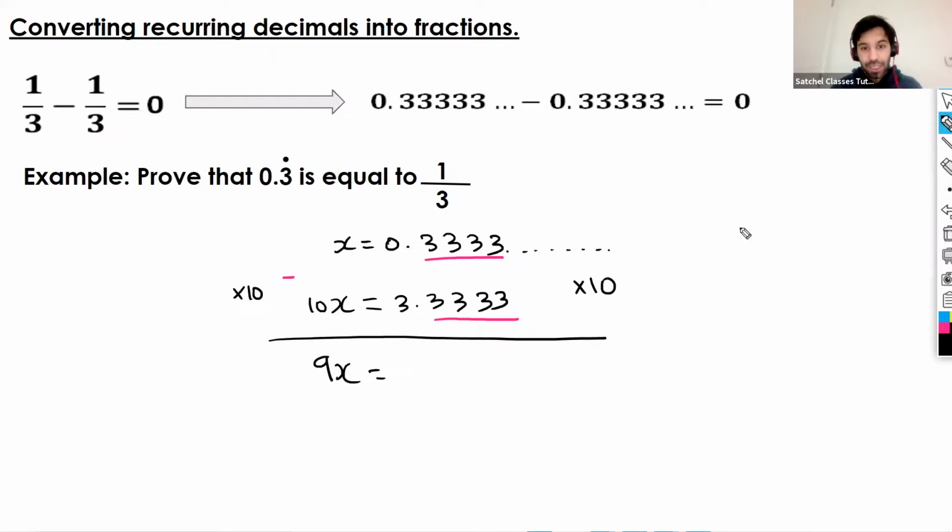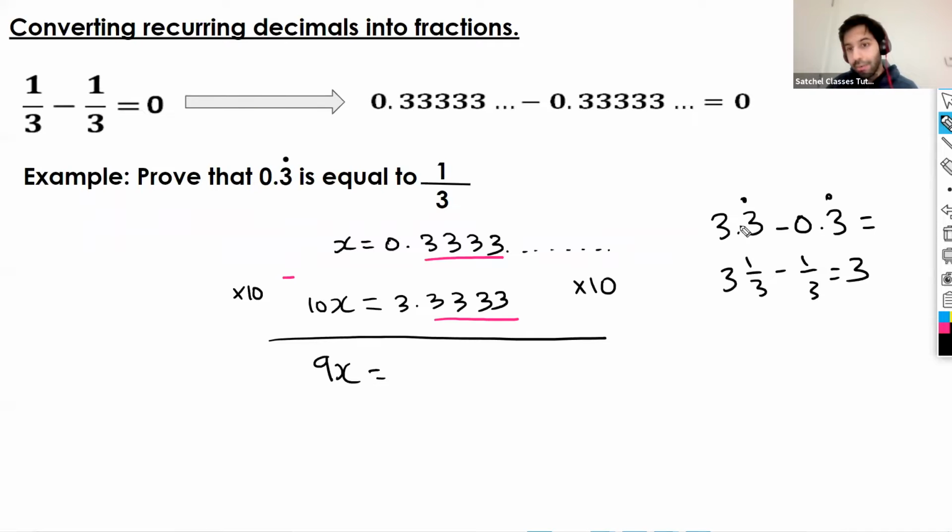So this is the same as saying 3.3 recurring take away 0.3 recurring, or 3 1/3 take away 1/3. So a third take away a third is 0. So what we'll be left with is 3, and likewise here, 3 recurrent take away 3 recurrent is going to leave us with 0. So our answer is going to be 3. So 3.333 recurrent take away 0.333 is going to be 3. Now to solve for x,